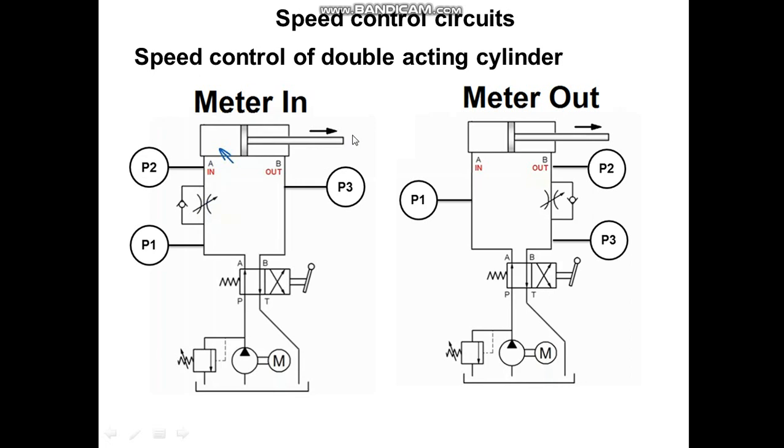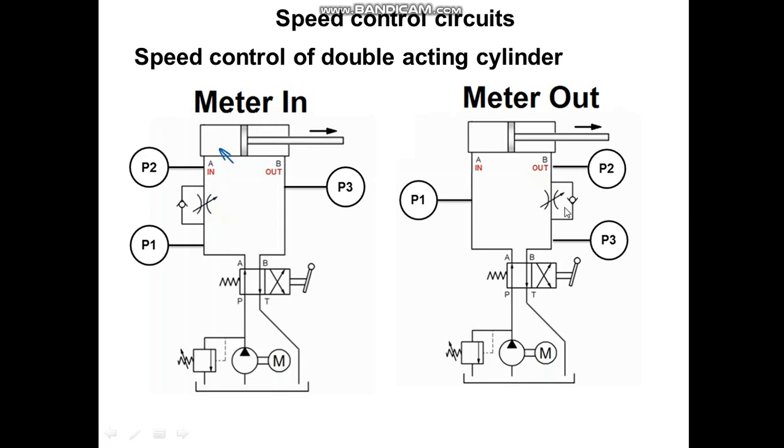P2 will depend on the load. We can't compare P1 and P2 because P2 depends fully on how much load is acting on the cylinder. So more heat is generated before the flow control valve in this line, and that can be relieved by this pressure relief valve. So the meter in circuit is very safe for drilling or even milling operations, because a higher amount of temperature and pressure is generated before the flow control valve, and that can be handled by the pressure relief valve. The portion after the flow control valve will not be hampered, and precise motion of extension will be achieved. So this was about meter in.